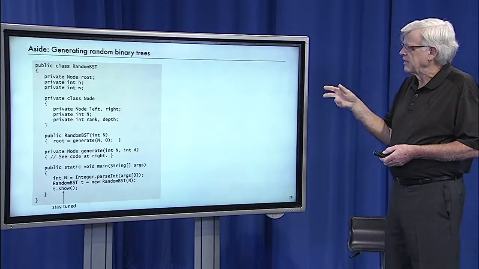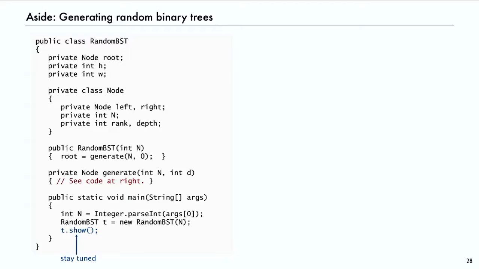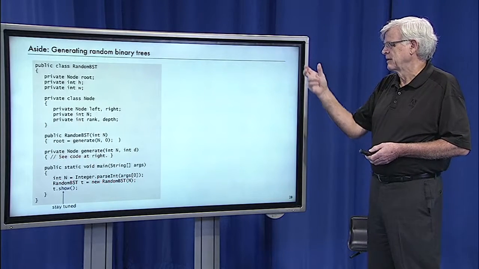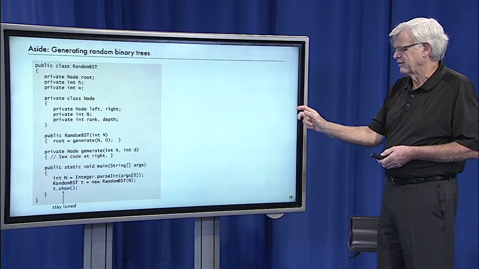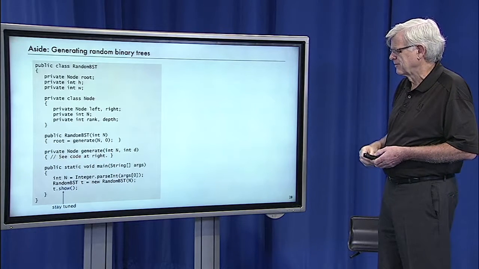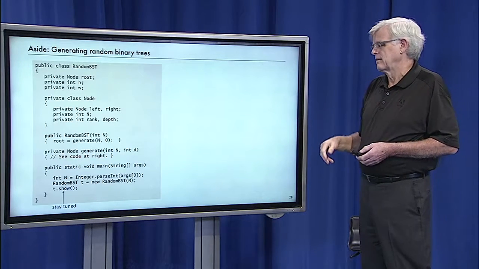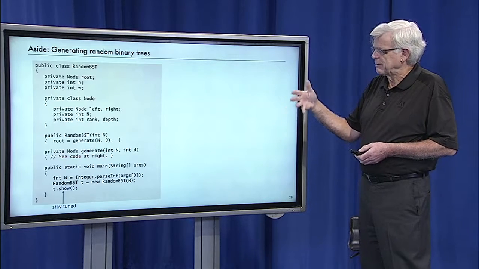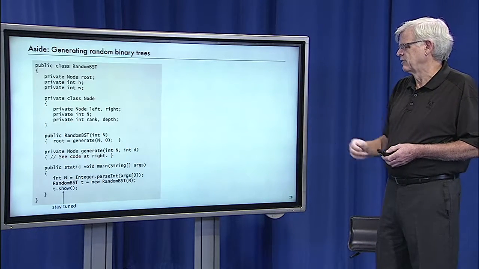Now, again, just for full disclosure of the code that I'm using to make these pictures, for people that are comfortable with programming, this is the code that I use to generate random binary trees, and it's all very similar to the code that I talked about for binary search trees. The only difference is that I add coordinates to get the height and the width, and there's a little calculation in terms of where to place nodes. And I used our programming model